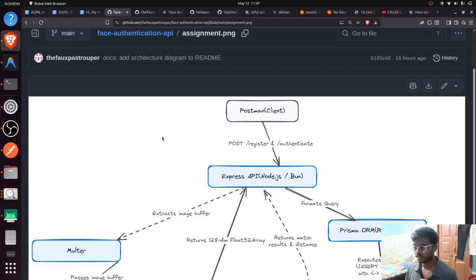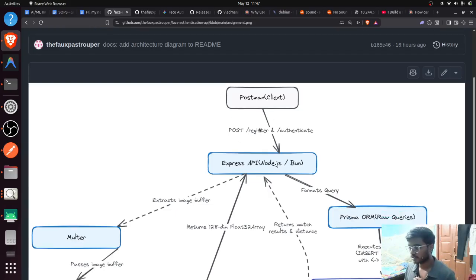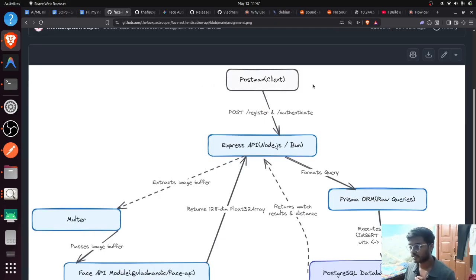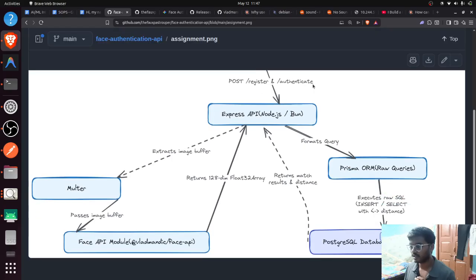So let's dive in. So here is the architecture of the project that I have created. Postman is acting as a client here. It will hit a server which is created in Node.js with two endpoints, /register and /authenticate. The server uses multer to first extract the image buffer into our RAM and then uses the face module API to detect whether it has a face or not. And if it has a face, then it converts it into landmarks, and then these landmarks are converted into a 128 dimensional